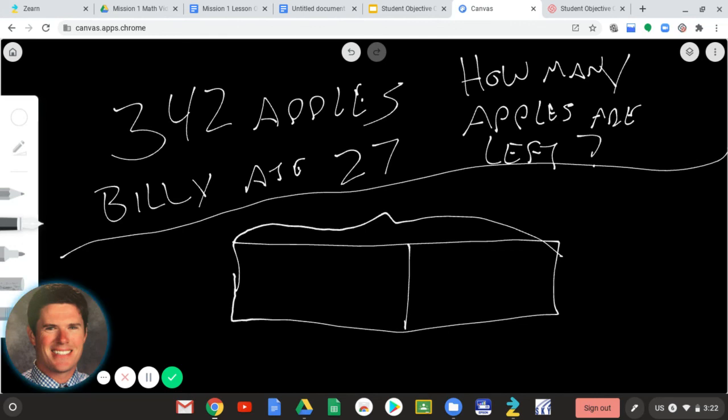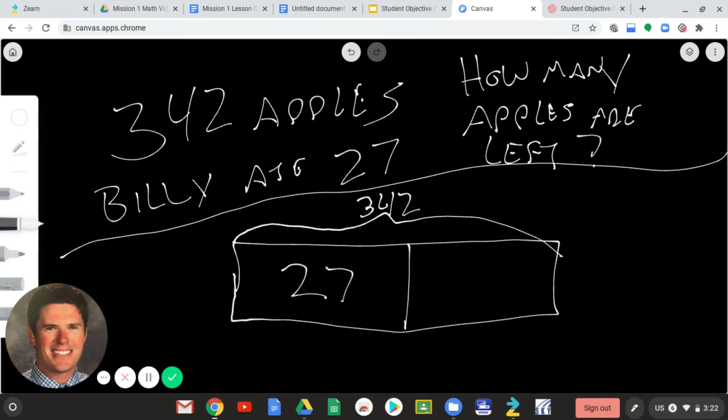Okay, so what do I know? Well, I know my total, and my total is 342. Remember, when I was using addition, a tape diagram for addition, that top number was my total when I'd add these two numbers. Well, in this case, subtraction is different because I know the total and I know some of the pieces. I just don't know all the pieces. So if I had 342 as my total, and Billy ate 27,